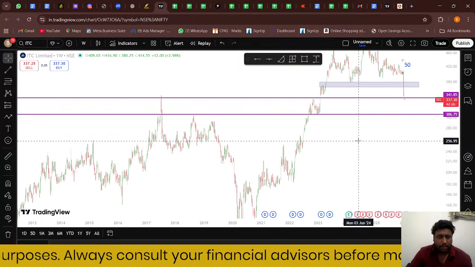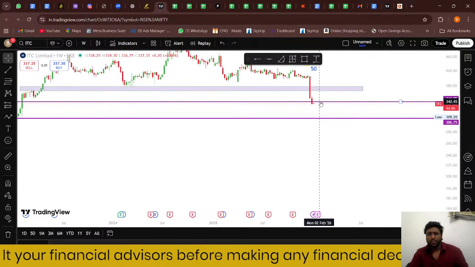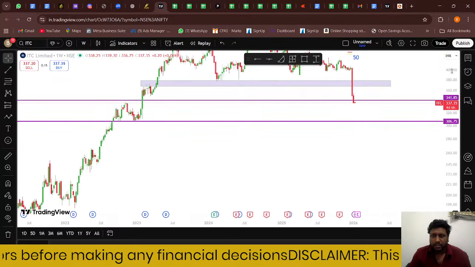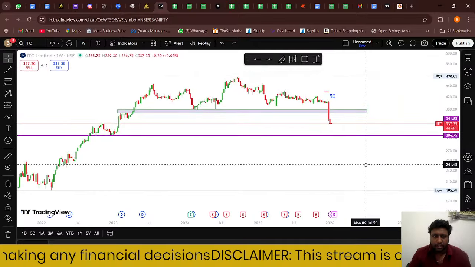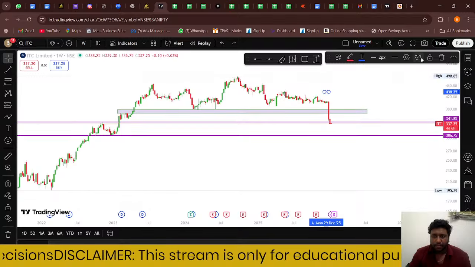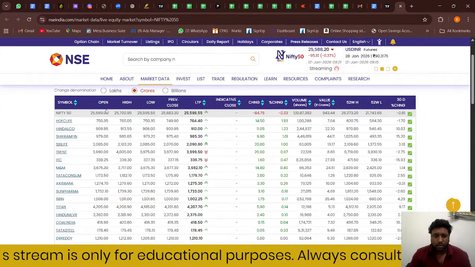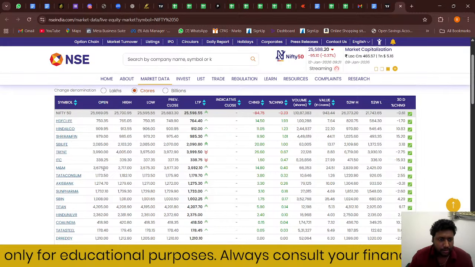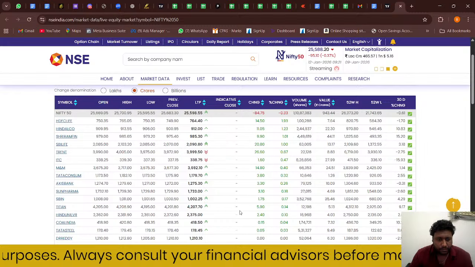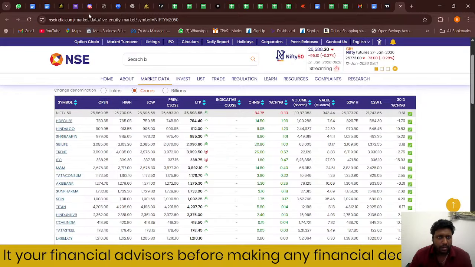Anyway, it is coming down. Yesterday, the last traded day, it also broke down below this level, but anyway, this is quite not a healthy scenario in ITC. Another stock, if we see the Hindalco trend, Titan is still running a bit positive. HDFC Life, we'll have a look at HDFC Life.